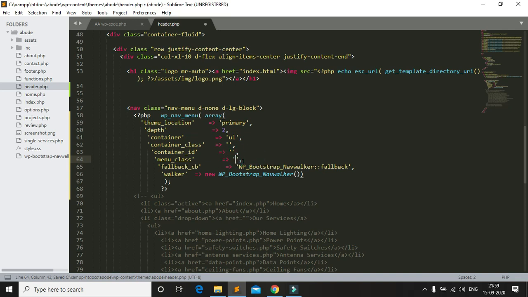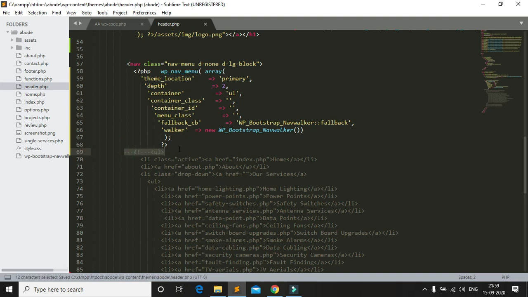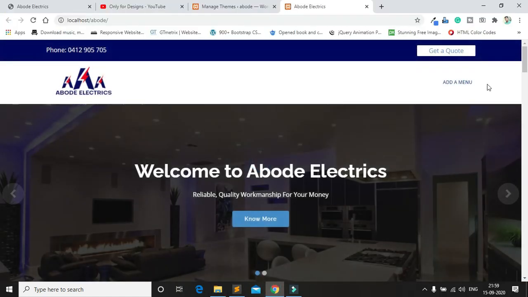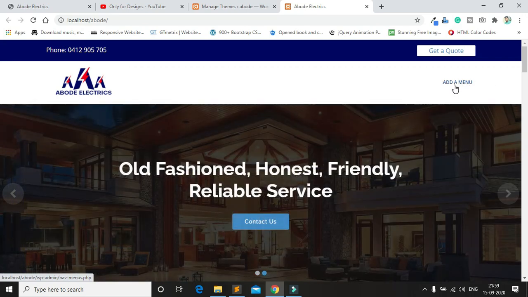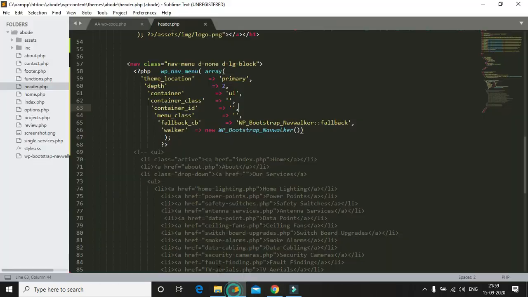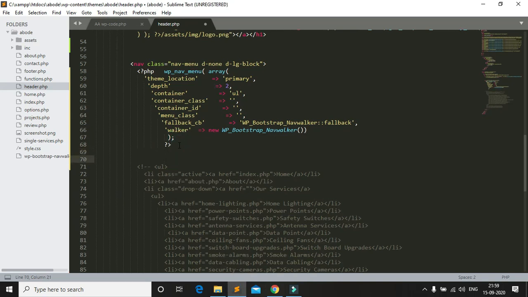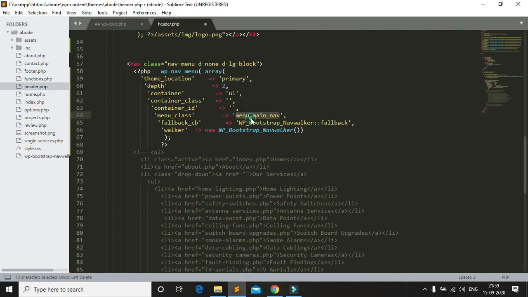Just remove this one, because you can see in the UL I don't have any classes. If I refresh here, you can see add menu. The menu is dynamic now. This is very easy. You can see what I do: I just have one class here, the menu main class.